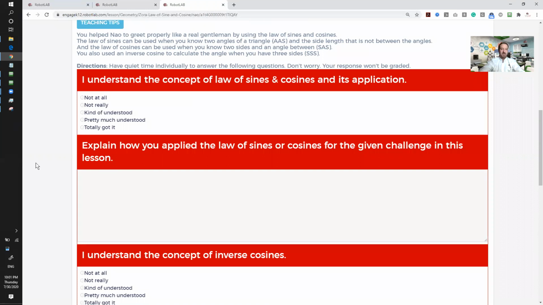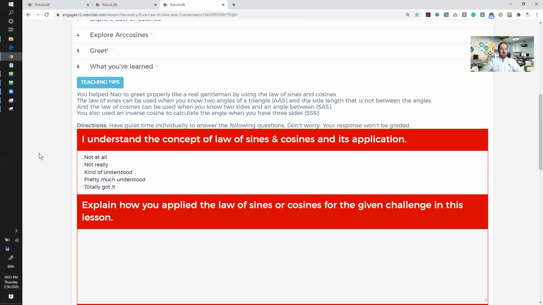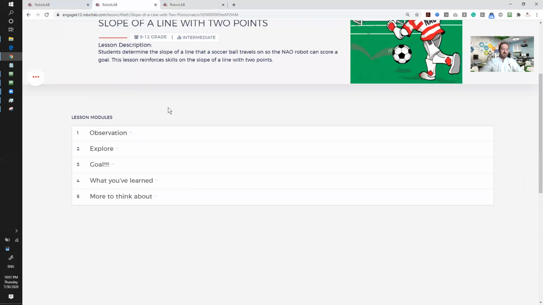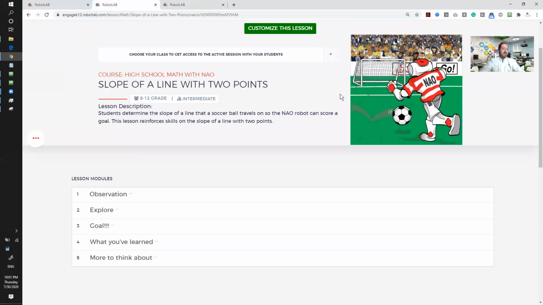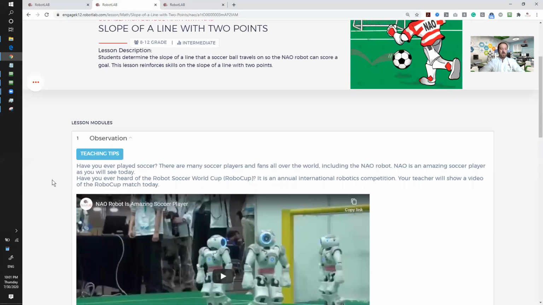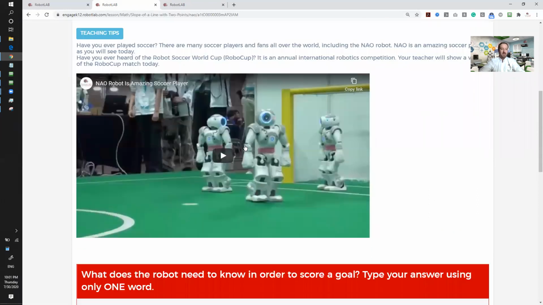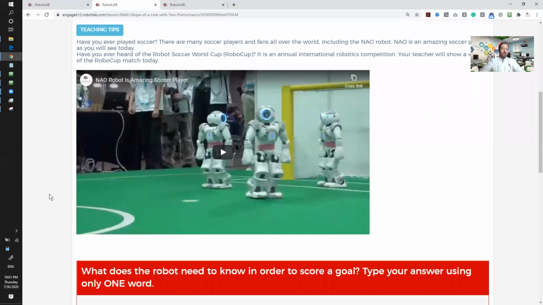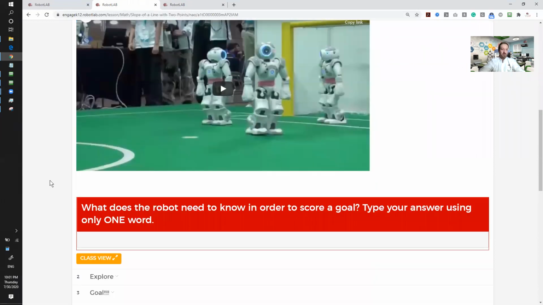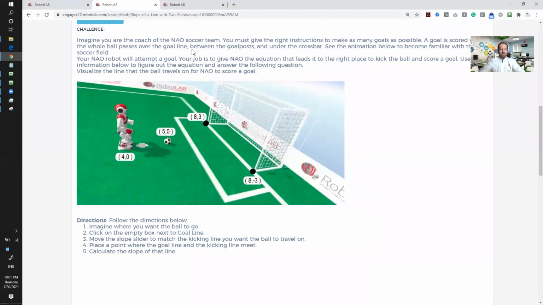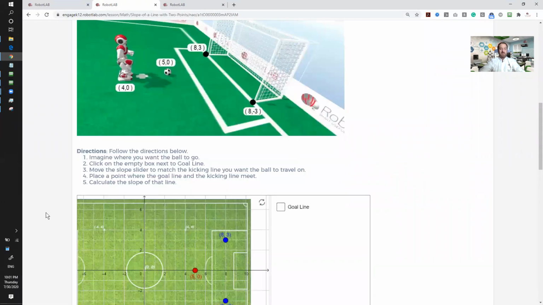So this is a really quick example for one quick lesson. Another example for another lesson is, for example, slope of a line with 2 points, where again we want the students to understand how the concept of slope actually makes sense. So we start with observation. We show them robots playing soccer, and we ask them how do the robots know where to kick the ball to. We want them to explore, so we give them some coordinates on a plane here, and again